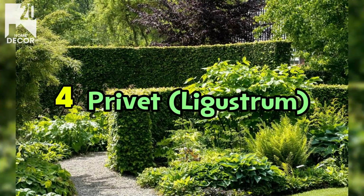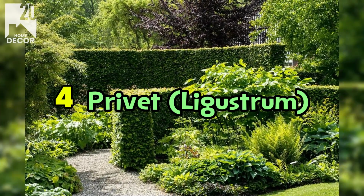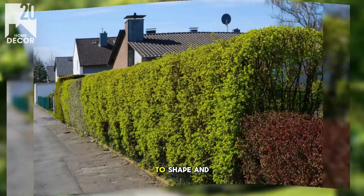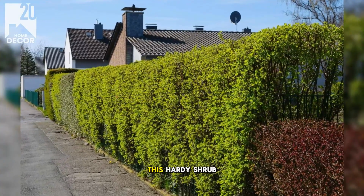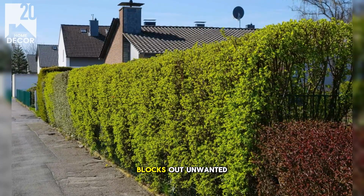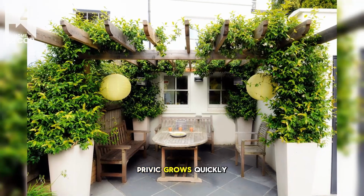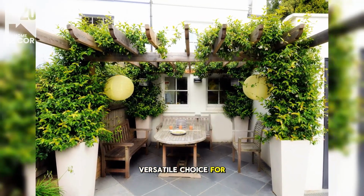4. Privet Ligustrum. Privet Ligustrum, easy to shape and maintain with dense foliage that provides excellent privacy. This hardy shrub is perfect for creating a thick, green barrier that blocks out unwanted views. Privet grows quickly and can be easily trimmed into any shape, making it a versatile choice for both formal and